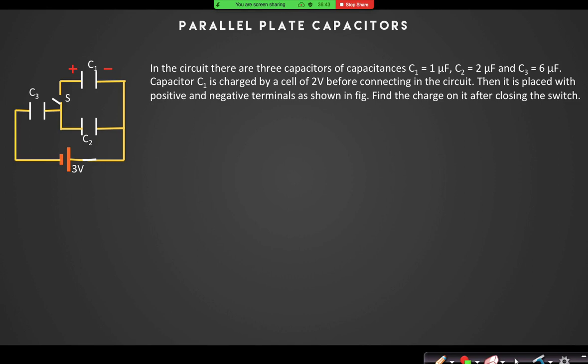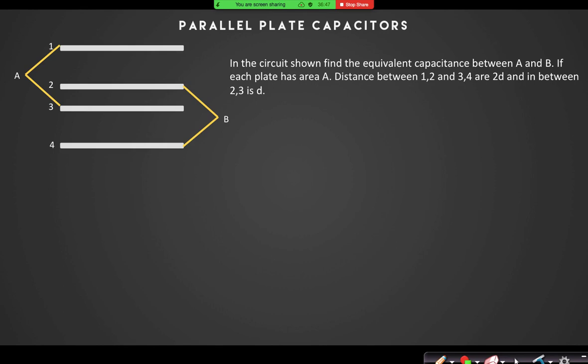Alright, now let's come to pre-charge capacitor. Okay, before coming to pre-charge capacitor, again one type of circuit is there. Look, these are four parallel plates, right? And connections are shown in these parallel plates. Basically, this is also a capacitor circuit, but the circuit is not given in a common form. The circuit is given in the form of parallel plates themselves,